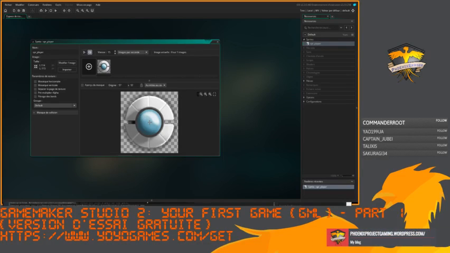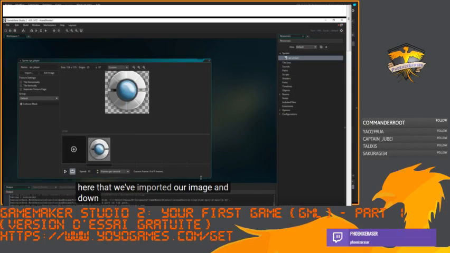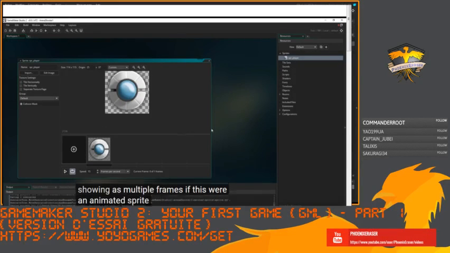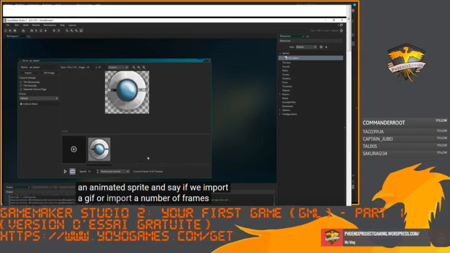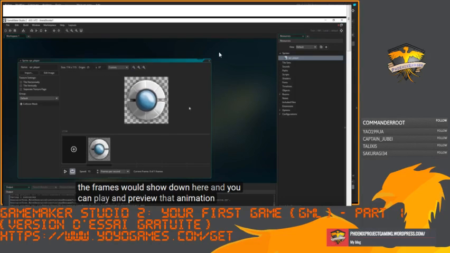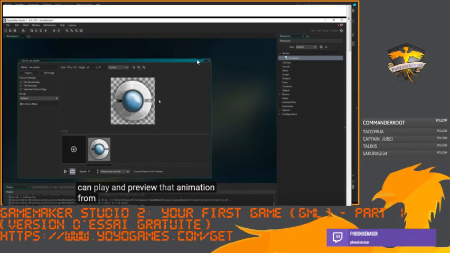Here that we've imported our image, and down here at the bottom it would be showing us multiple frames if this were an animated sprite. Say if we imported a GIF or imported a number of frames, all the frames would show down here, and you can play and preview that animation from here. You can also go to edit the